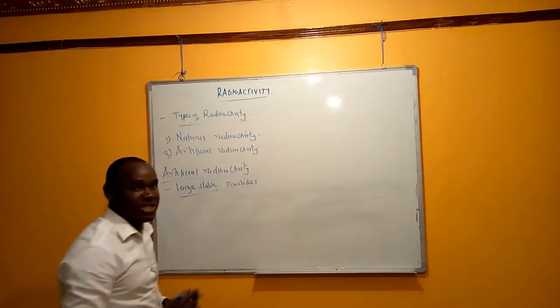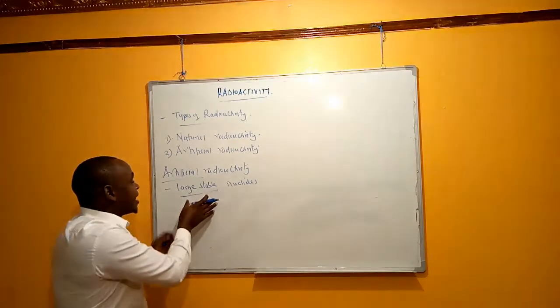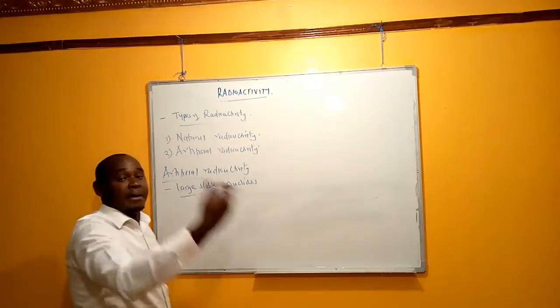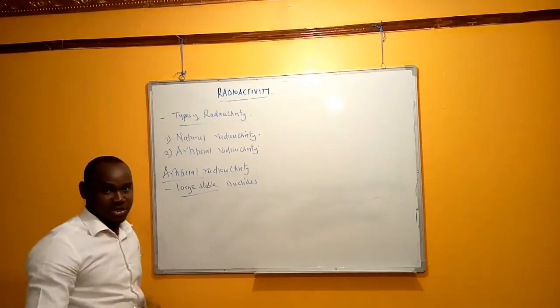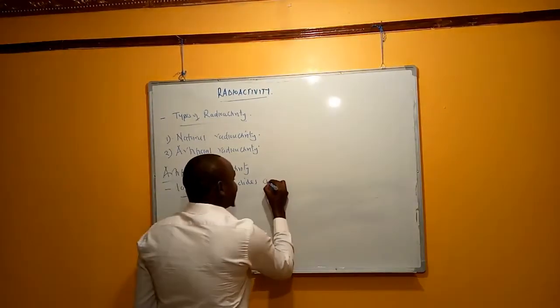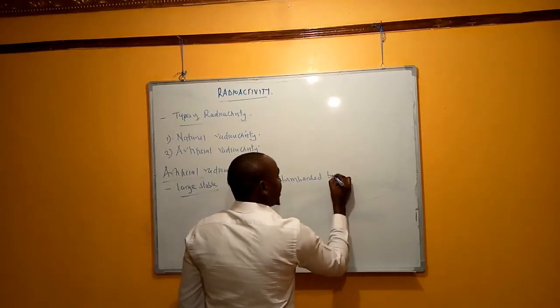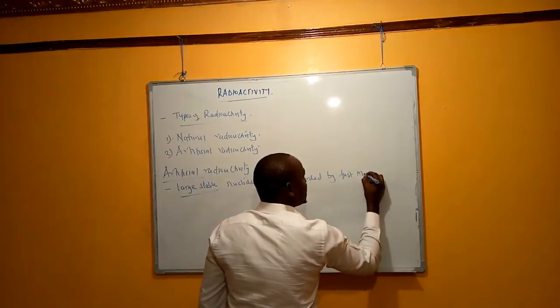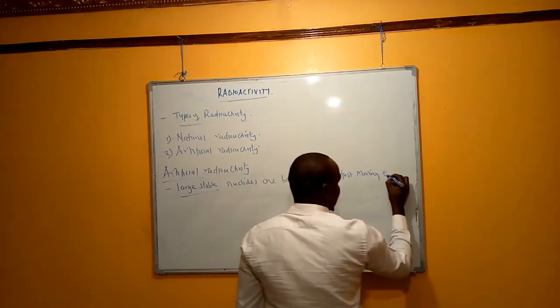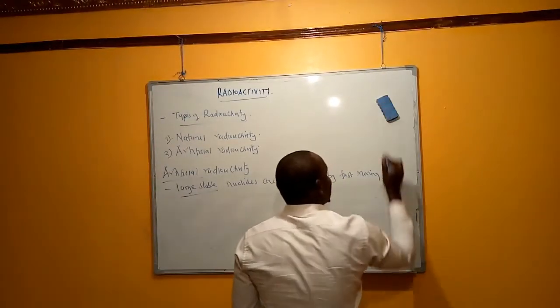When you say it's stable, it means it cannot undergo radioactivity; it does not break up by itself without some force. So when large stable nuclides are bombarded by fast moving high energy particles,